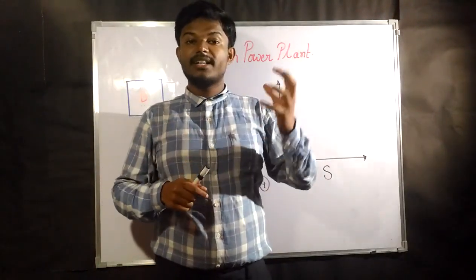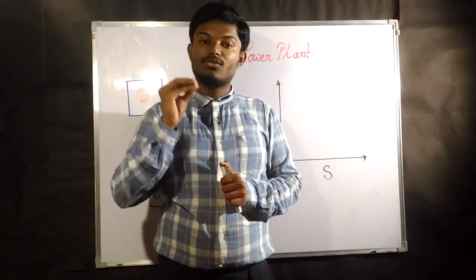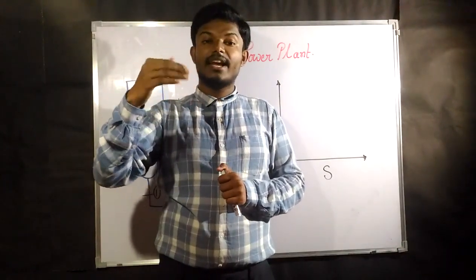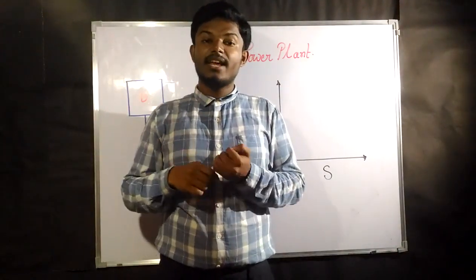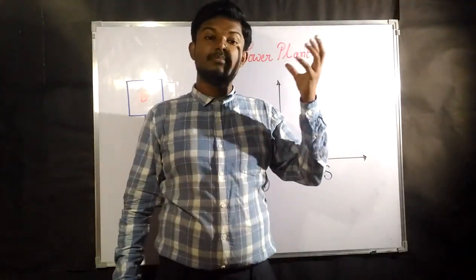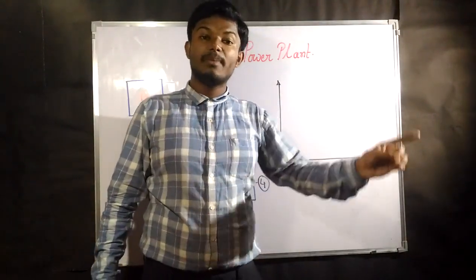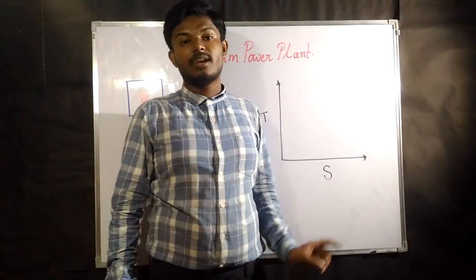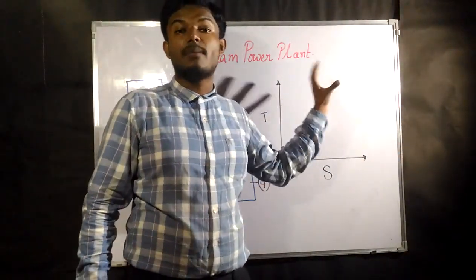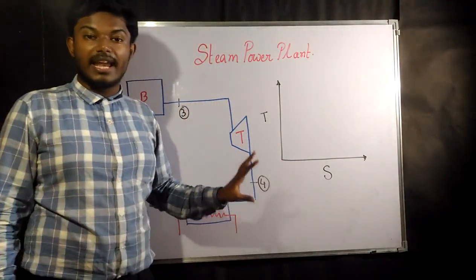Now if you condense it at a certain pressure, it is going to become water. After that, if you give some heat and raise its pressure to a certain level and it raises temperature, it is going to evaporate. And evaporate means what? It is going to convert into steam, but it is going to remain inside the cycle, because the substance is not going to come out of the system anywhere.